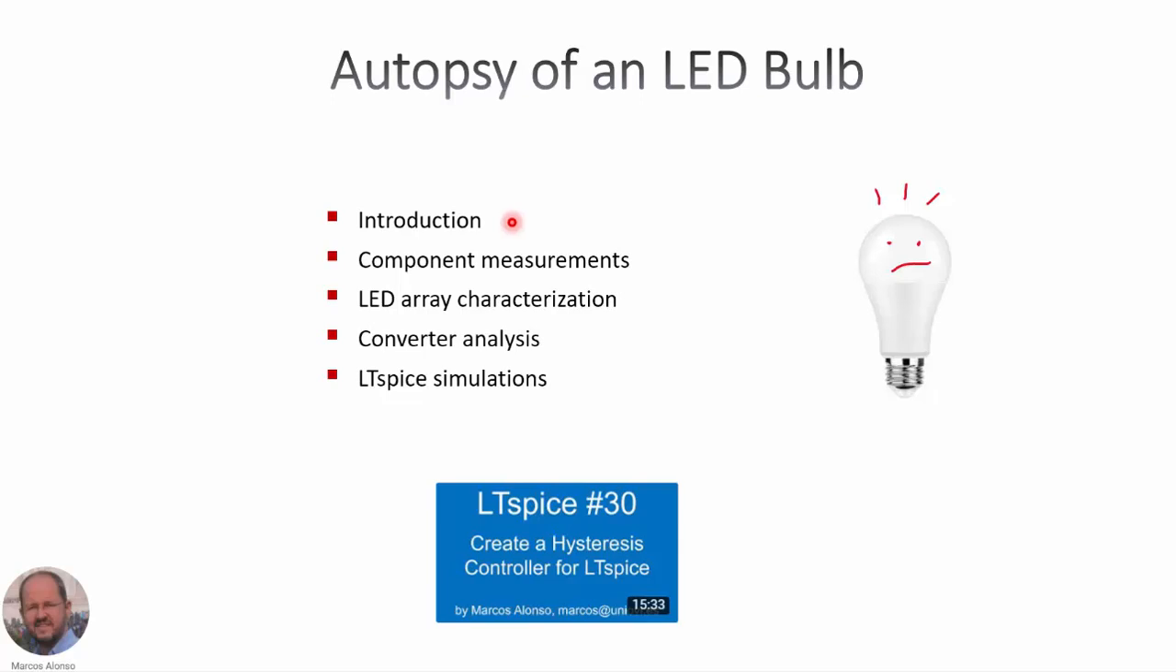This is the outline of this presentation. First, we will start with an introduction. We will show the measurements of the different components of the LED lamp. We will show the characterization of the LED array that is used in this lamp. We will talk about the analysis of the converter employed in this LED bulb. And finally, we will show several LTspice simulations that will help us in finding the cause of the death of